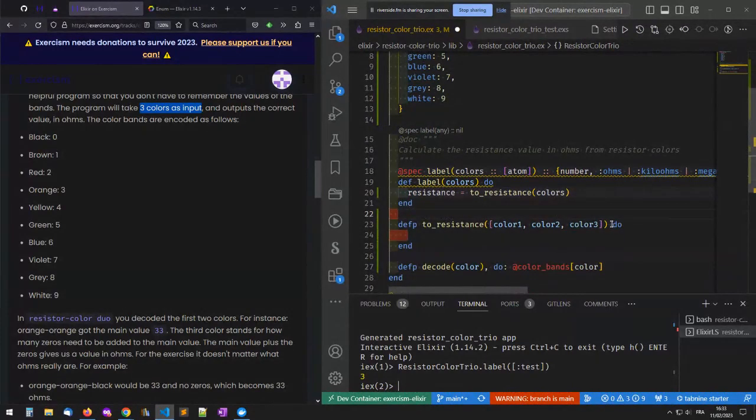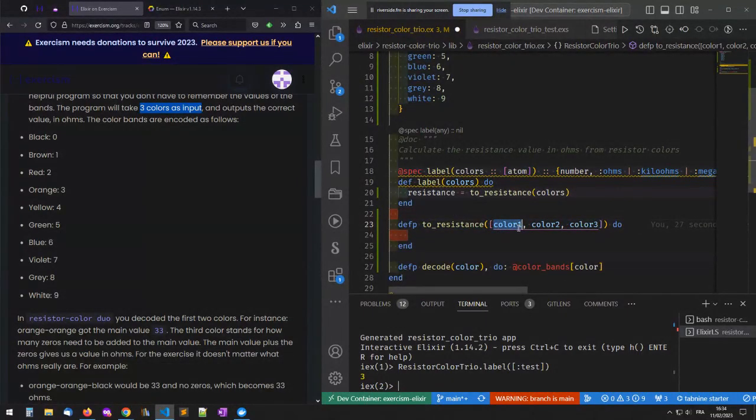Here, normally, in other programming languages, we don't do that, but in Elixir and in some other programming languages, you can actually say, instead of having just colors and saying get the first element, then get the second element, and get the third element, you could actually say,